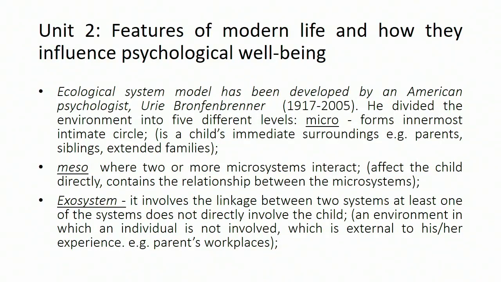The microsystem forms the innermost intimate circle. This is the circle where a child interacts with the parents, siblings, and extended family, and the child learns from them. We have the mesosystem, where 2 or more microsystems interact and affect the child directly,